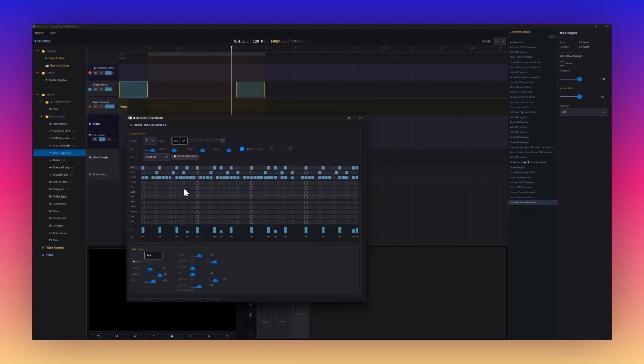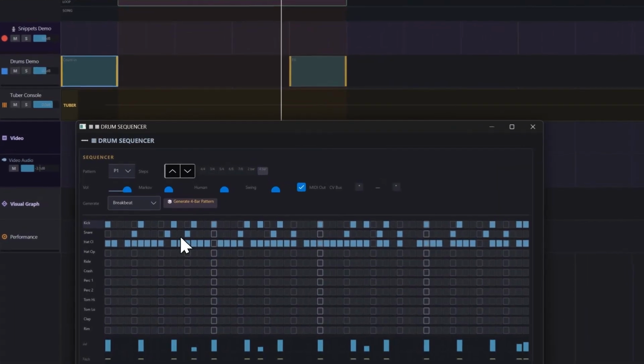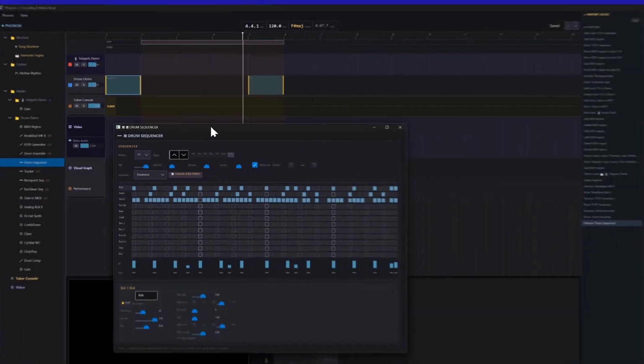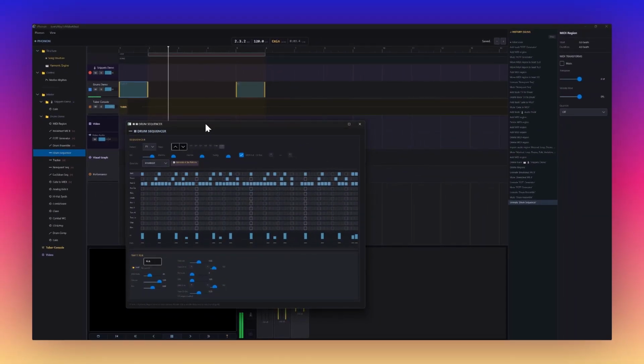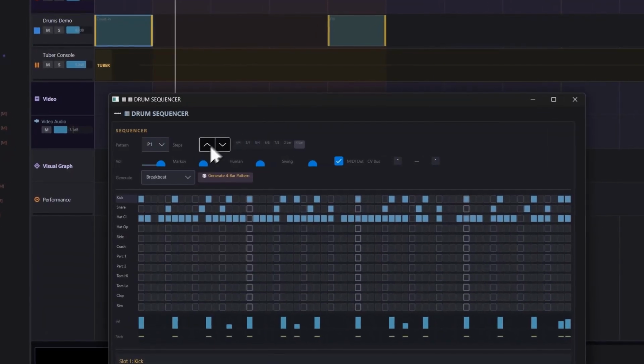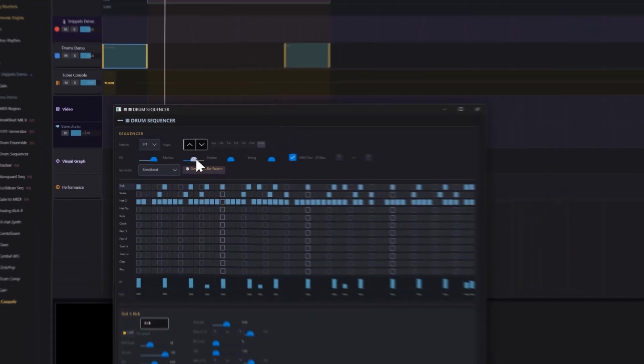The drum sequencer also supports Markov chain-based stochastic drum pattern variation. This means that the algorithm will take the pattern you've established and improvise on it. I'll turn the Markov slider up a little bit in a moment so you can hear what that sounds like. But first, let's hear the bass beat. And now, with Markov turned up,